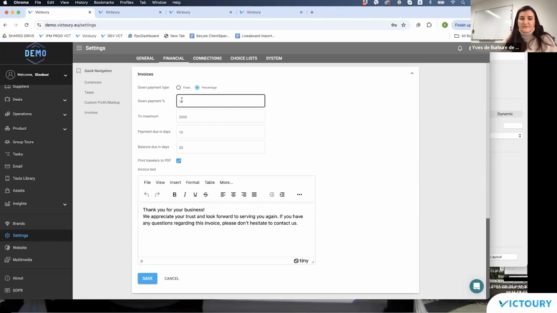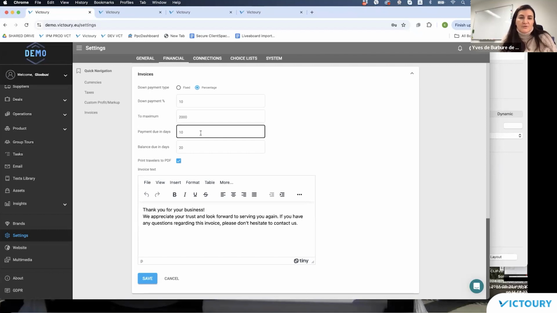And if you have set up the down payment, which is in the system by default only one down payment, then you have to, of course, set up your payment due days, which is the payment due in days. The first one is for your down payment, and this is calculated based on your booking date. So if it's 10, it's 10 days after the booking date. This is how this setting represents itself, and the balance due in days is 20. And that 20 is calculated based on the travel date, so actually the start date of your booking.